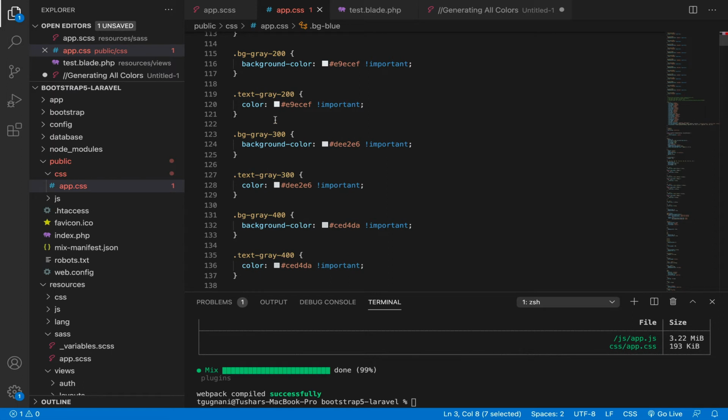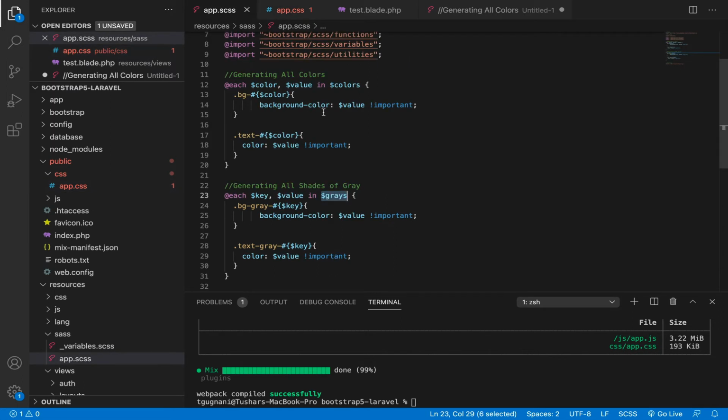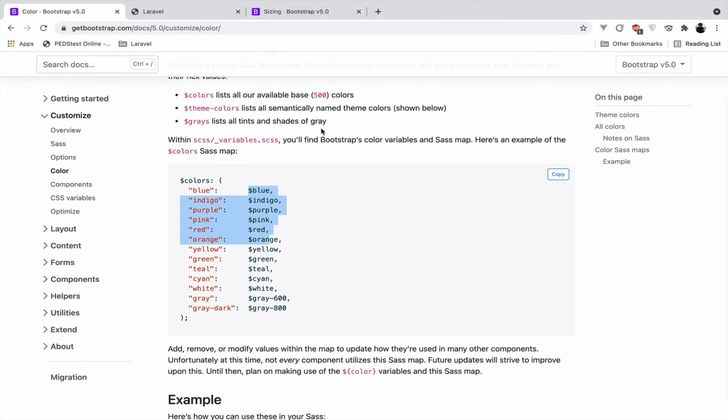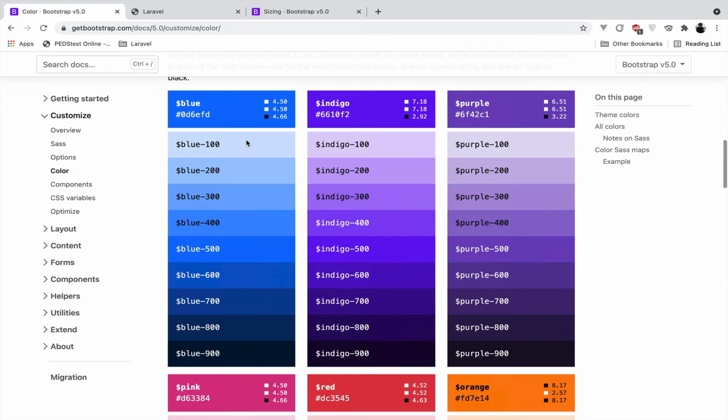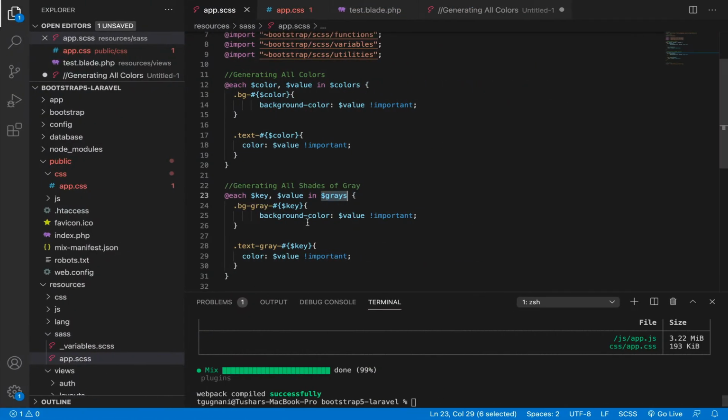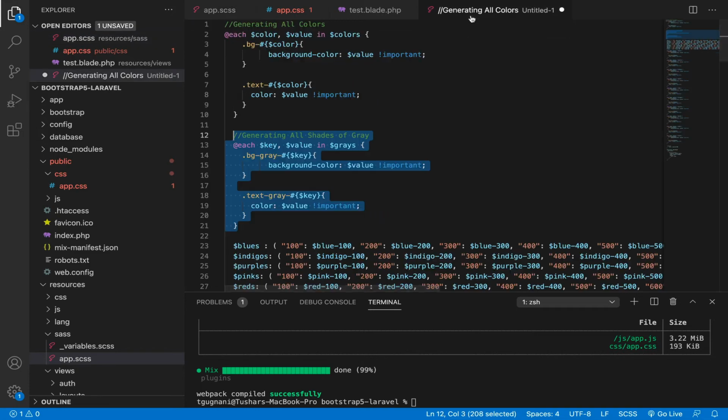There might be a case that you are looking to generate shades for all of the colors and all of their shades, that is you want blue color not just in the base class but also all these things. Even though there is no direct way to do that, here is how you can do that.